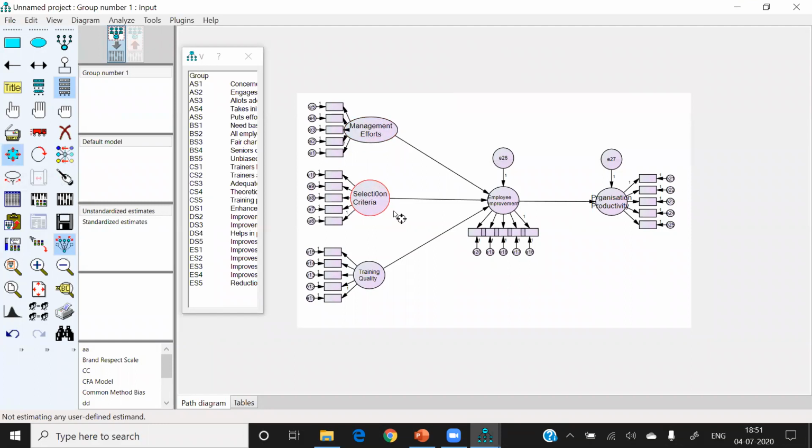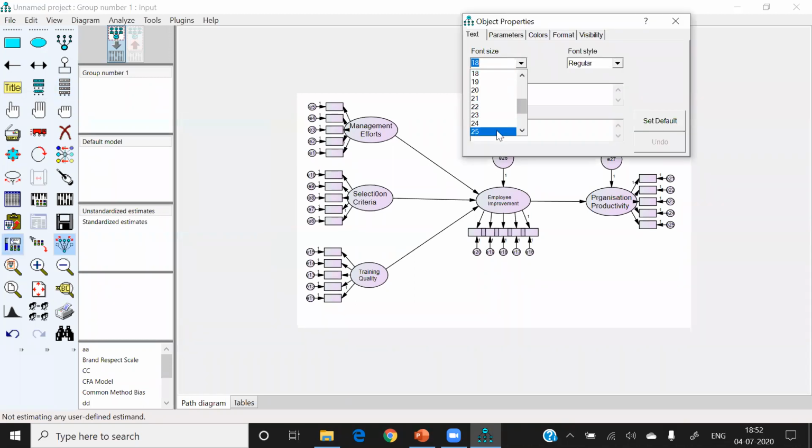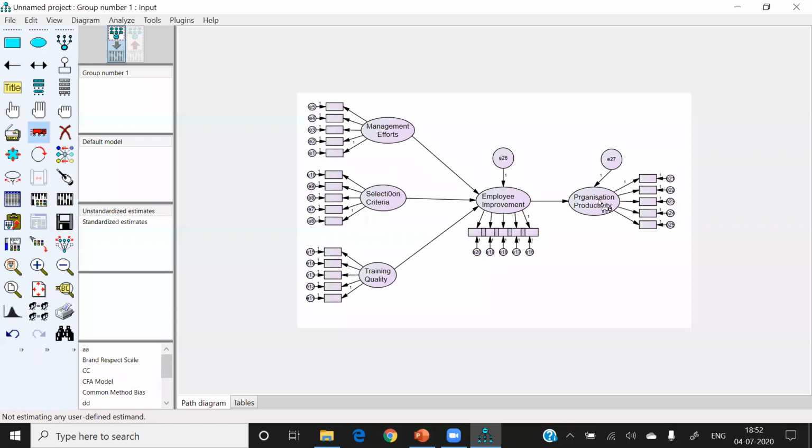Let me increase this and manage the shape. This is in our hand to increase. This size is 25. This is also 25. After that, I do some adjustments like this, like this, like this. This is the kind of beautification I'm doing. Now my chart is looking beautiful, and the only thing which remains here is to